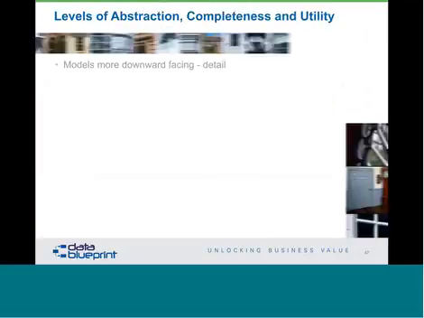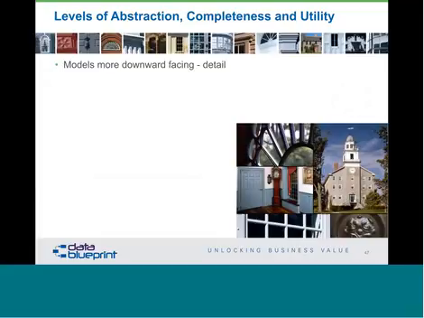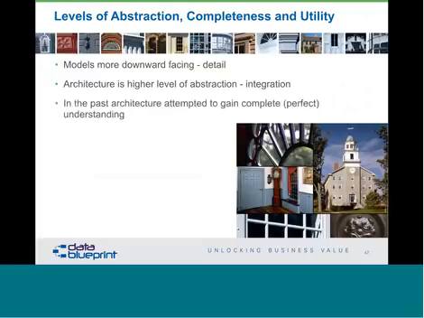Now, as we look at architecture in particular, one of the concepts that we have to understand is that this concept of abstraction also has to do with completeness and utility in here. So models are downward facing in detail, and architecture tends to be upward facing in nature. It's an integrative discipline. And in the past, if we have to critique those that have come before us, it is